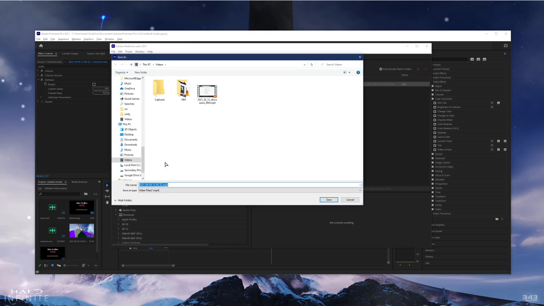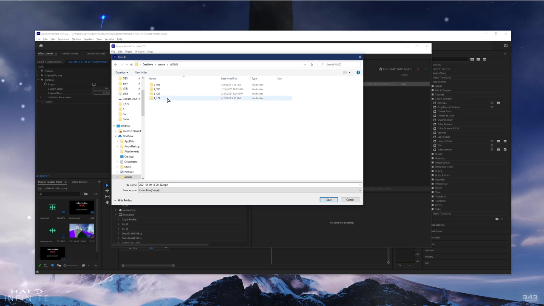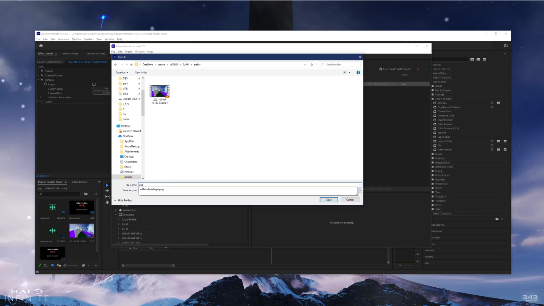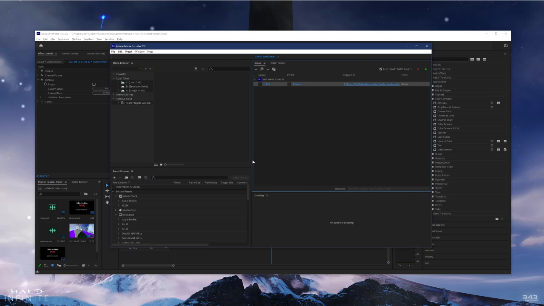What I'm going to do is change where the output location is from my videos folder. I'm going to go to my 494 folder, and I'm going to export this as roll a ball trailer render, and click save. And then once I've set where I want to output the file, and I've made sure the format and all that is okay, I'm going to hit the green play button right here, which is start queue, and that